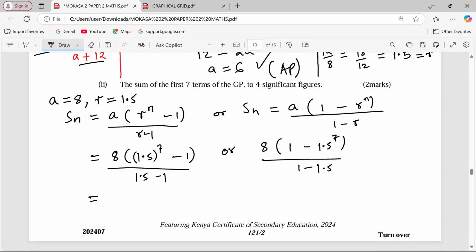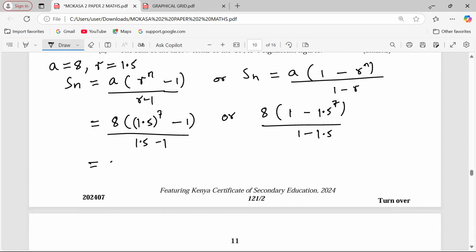Then now you use your calculator wisely to do some substitution very carefully. You start by 1.5 raised to 7. Then you subtract 1. After subtracting 1, you multiply by 8. Then after this, you divide by 0.5. I'm dividing by 0.5 because 1.5 minus 1 becomes 0.5. This is giving us 257